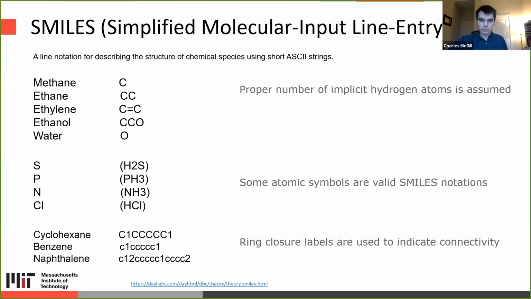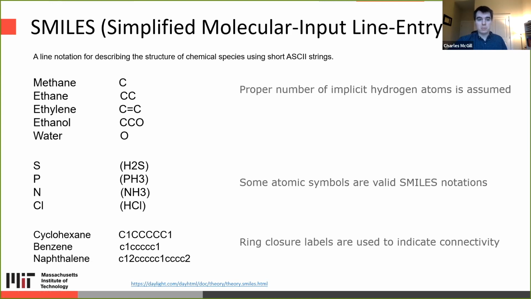Now, SMILES, an acronym, is a string representation of the molecular graph for the molecules that we're using. One of the important things about this is that hydrogens are usually implicit in SMILES strings. So we have shown here methane just as C. The 4 hydrogens in methane are implicit there. Same with the 6 hydrogens implicit in ethane. All you've got is the bonds between the heavy atoms. This can lead to things like just O being water, or just S being H2S, which can be surprising and confusing, so be careful with that.